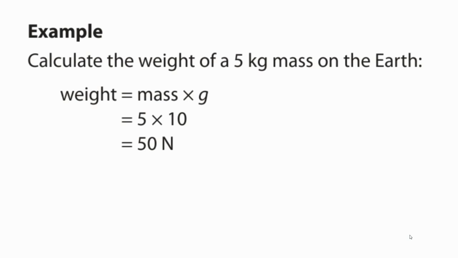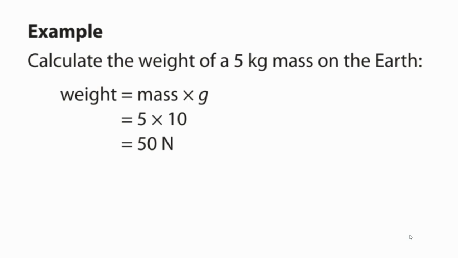In order to work out the size of the force of gravity acting on an object, we need to know the mass of the object in kilograms and the strength of gravity on the object. For example, if you're on the Earth, you need to know the strength of gravity of the Earth. This would be a different value if you were on Mars or the Moon or somewhere else in our universe. Luckily for us, on Earth, the strength of gravity is just below 10, so we can round this up to